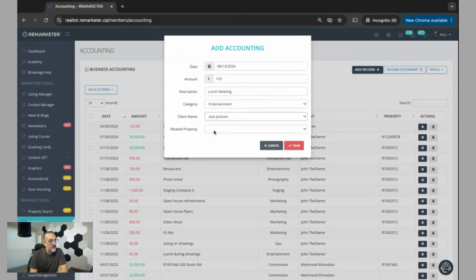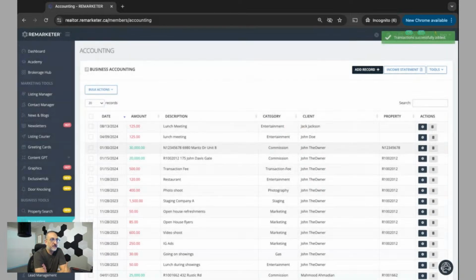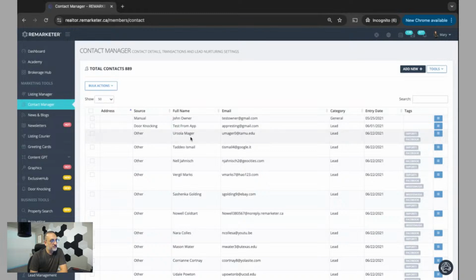You also can add a related property, but we don't have a related property right now because we haven't purchased anything yet. It's just the client that I'm working with. And at this time, I've spent $125 working with that person. So I'm going to save that, and that's added in here. There it is. I have $125 lunch meeting. It's an entertainment expense, and it's associated with this client of mine. So I already know that if I go to the contact manager and I find Mr. Jackson,